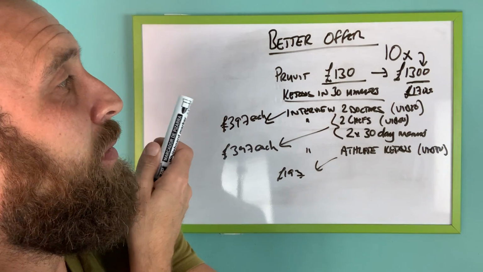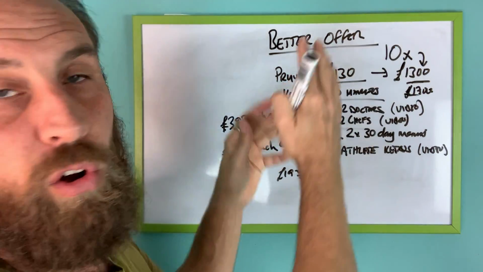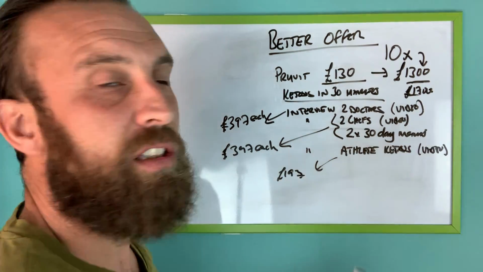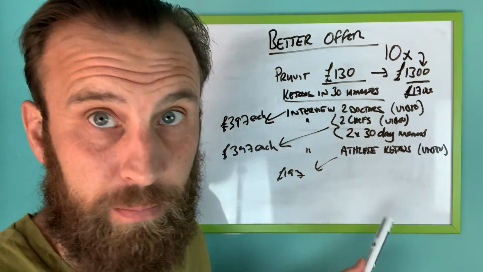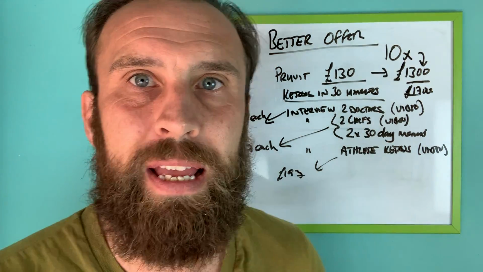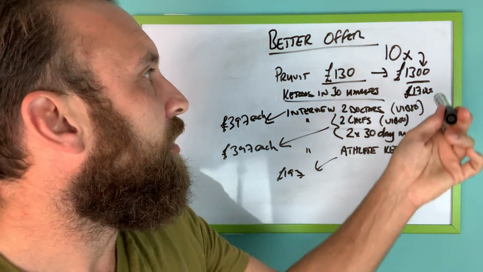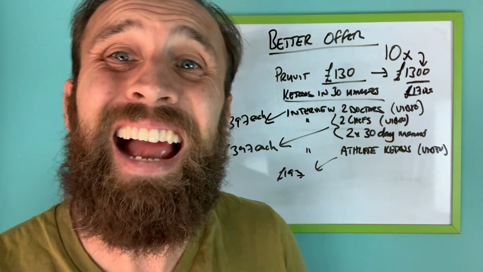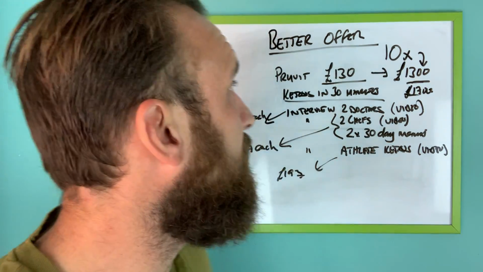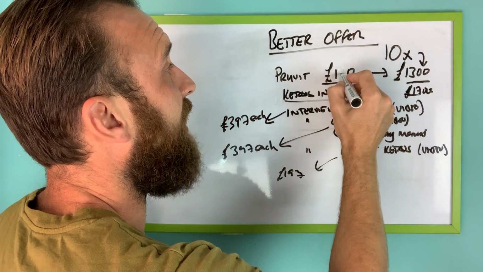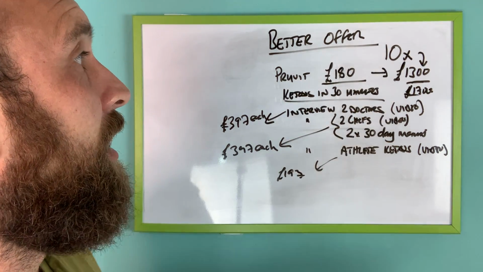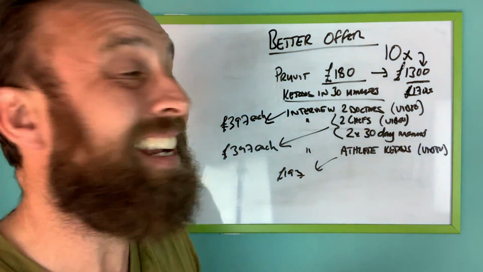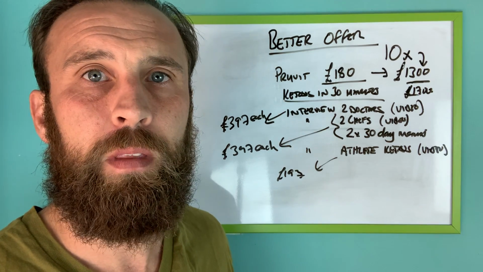And now I've done that, I bundle it all together. So they get the product, they get the interviews, they get the meal plans, they get the interviews with the chef, they get the interviews with the athlete, and the rest of the stuff that I'm not putting down there because I've not got time. And I give them the whole bundle that's worth £1,700 for the price of the product. I could even, if I wanted to, up the price to £180. Because it's worth £1,700 and I want an offer that's worth 10 times more than the product, I can actually put the price of that product up.